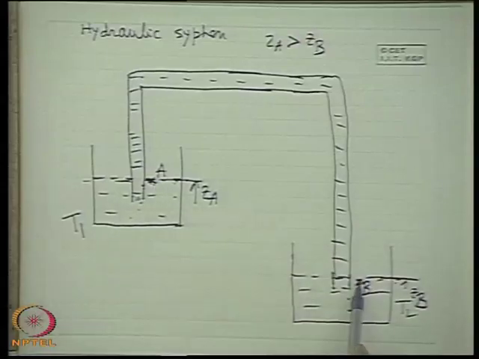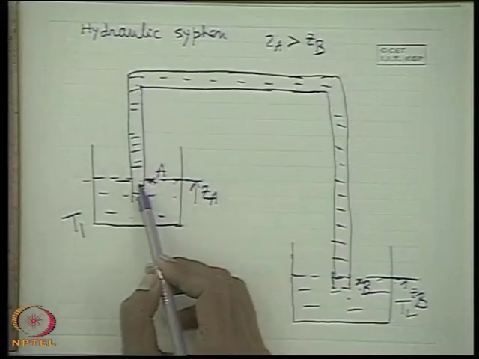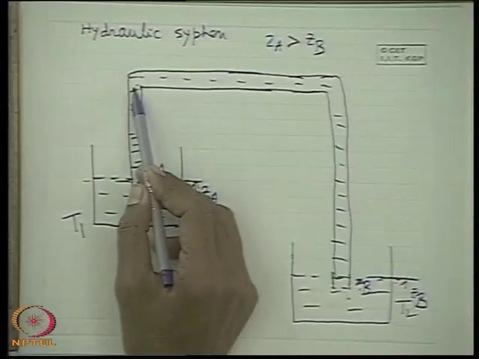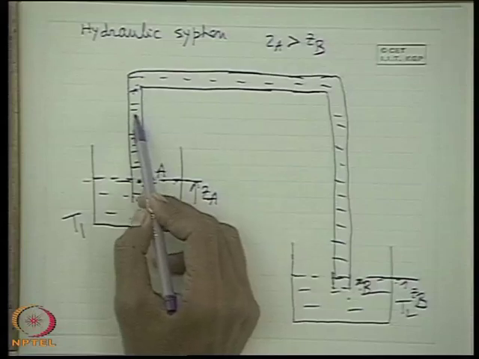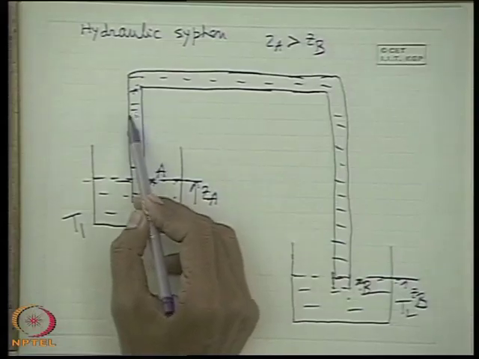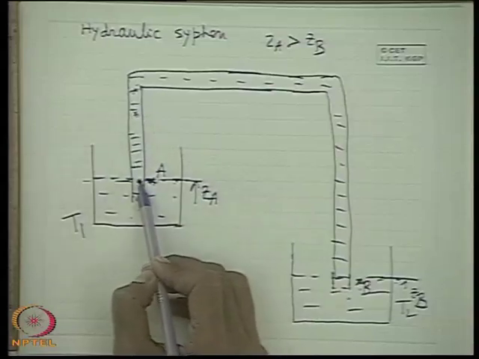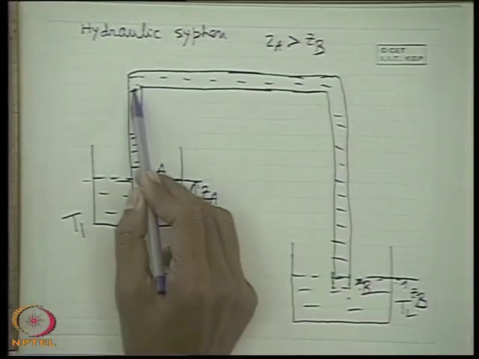So, A to B, there is every possibility water should come from A to B. But while we consider the flow in this part, we may be apparently confused how the liquid is going from this tube at this point at a lower potential energy to higher potential energy. Then definitely the pressure created is lower at this point, such that the sum of the three components of the energy at any point must be lower than the sum of the three components of energy at this point. That is why the flow in this part is possible.